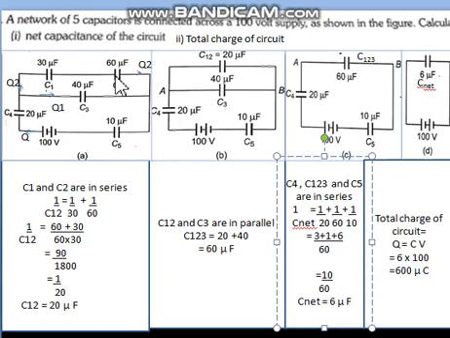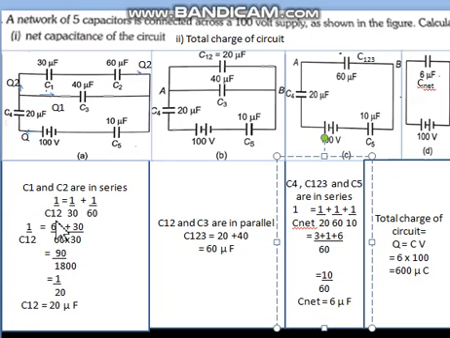And how to solve the series answer? The resultant answer in series combination is by reciprocal addition. So we will find the reciprocal addition of these two. The formula says 1 by C equal to 1 by C1 plus 1 by C2. So C1 and C2's net answer, let us name C12. That means the answer of only this branch. We can name it C dash also or any other name.